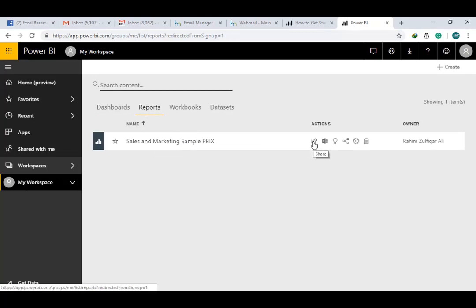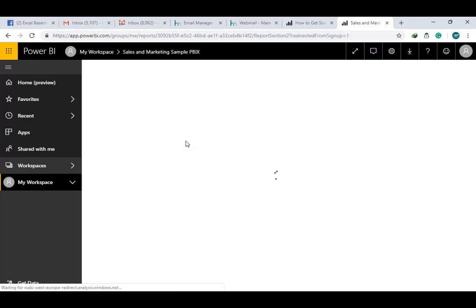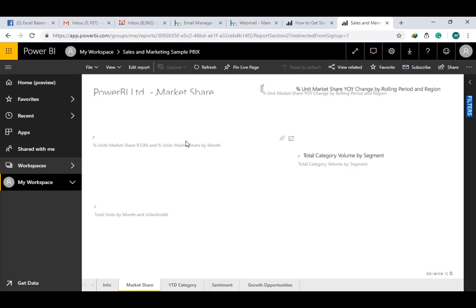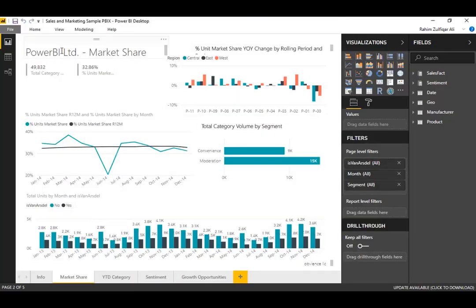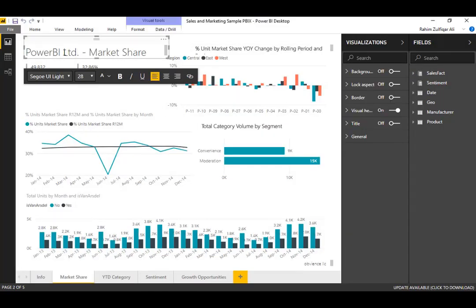Now you can share this Power BI dashboard with some other employee. You can just analyze in Excel. Okay, you can just view this dashboard. So let's double click on it, and now you can see that you are seeing this dashboard in the cloud, which is the live dashboard basically. So for example, if I do some changes here on the desktop version, for example,